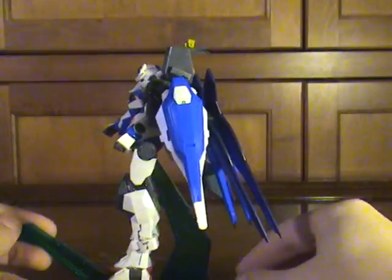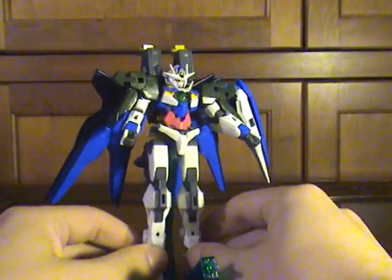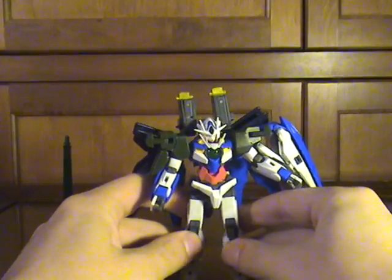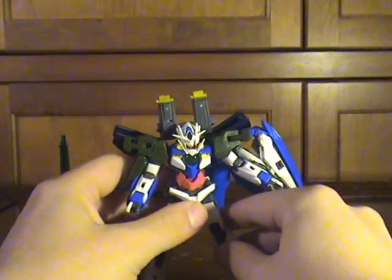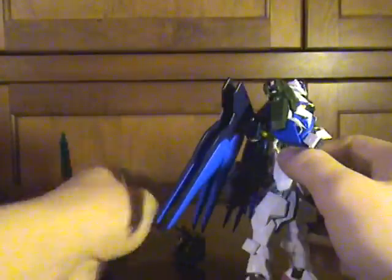So that's enough for the articulation. I mean, it basically has the same things, except it can't stand. Actually, maybe it can stand in the 0 mode, but it's still extremely back heavy. So let me see. Hang on, come on, work with me here. Come on, everyone, cross your fingers. We might actually get a chance to, oh, well, there goes the